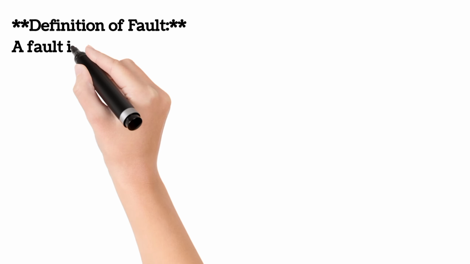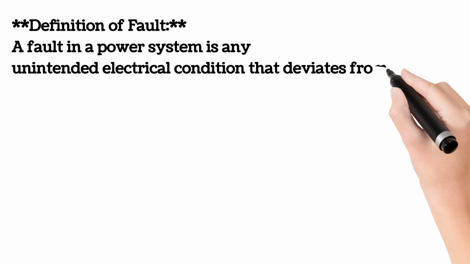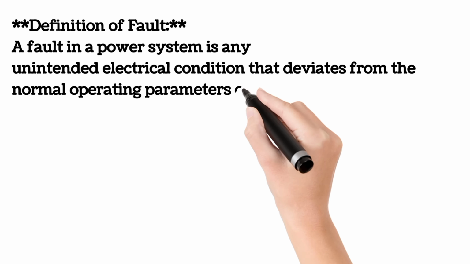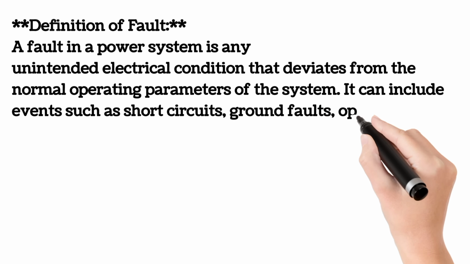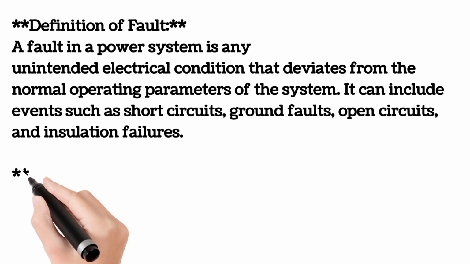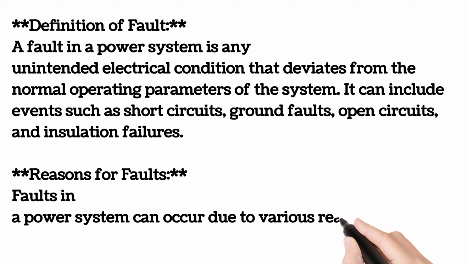Definition of fault. A fault in a power system is any unintended electrical condition that deviates from the normal operating parameters of the system. It can include events such as short circuits, ground faults, open circuits, and insulation failures. Reasons for faults. Faults in a power system can occur due to various reasons, including